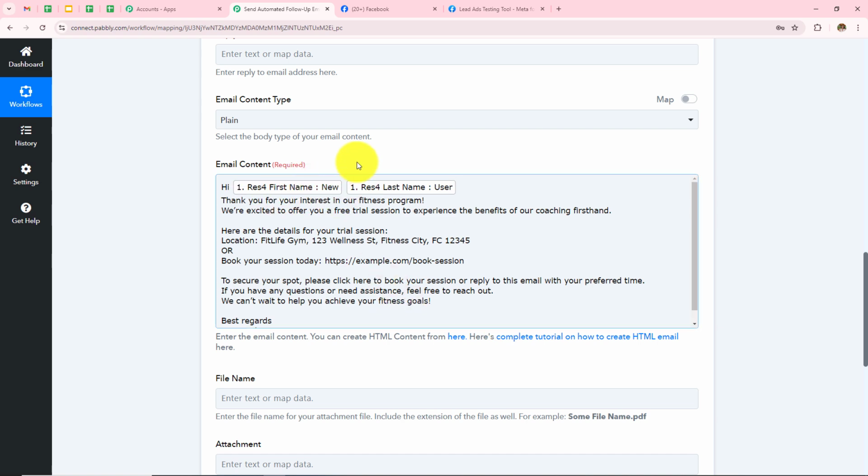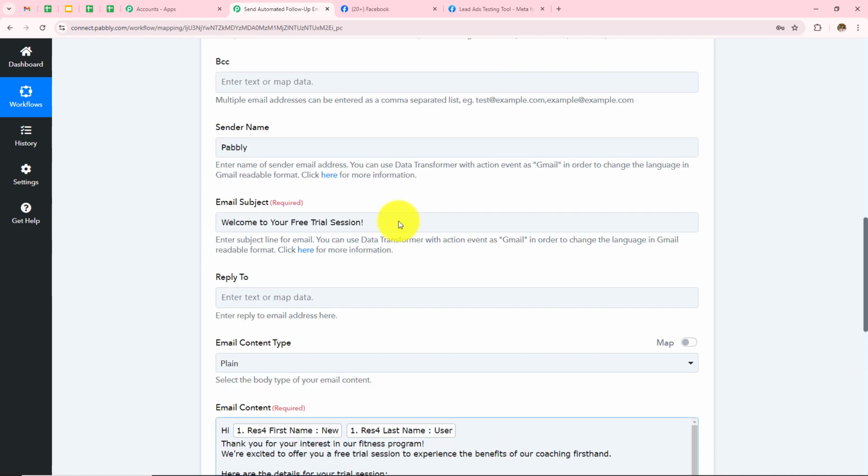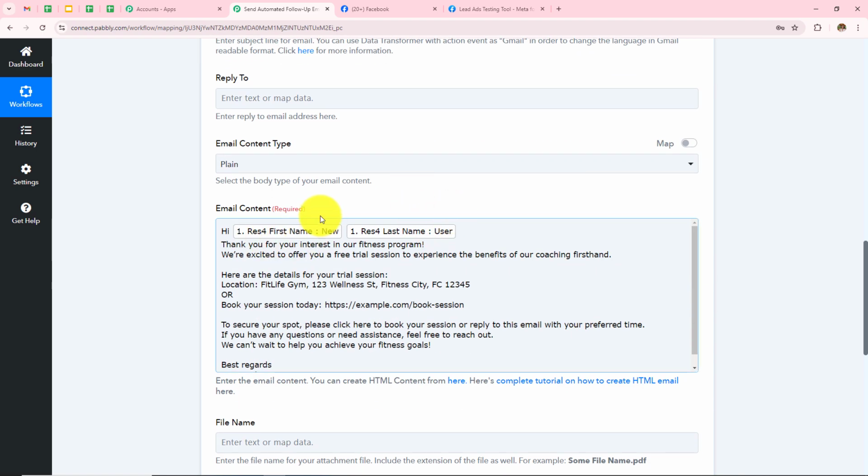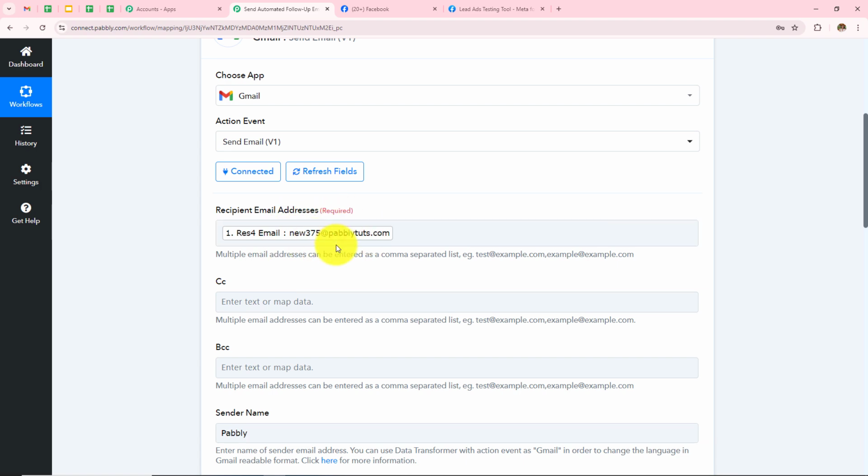And over here I have used this method mapping so that every time I receive a new response, it is taken into consideration in these fields. Manually entering the data will make these fields static, and the information will not change even if you have received a new response. Here if I manually enter the name of the lead, this field will become static, and every time I receive a new response or a new lead, the result will not change. This field will not remain personalized, and the same message, this Hi new user, will be sent to all my leads. So as to keep these fields dynamic, we use this process mapping.